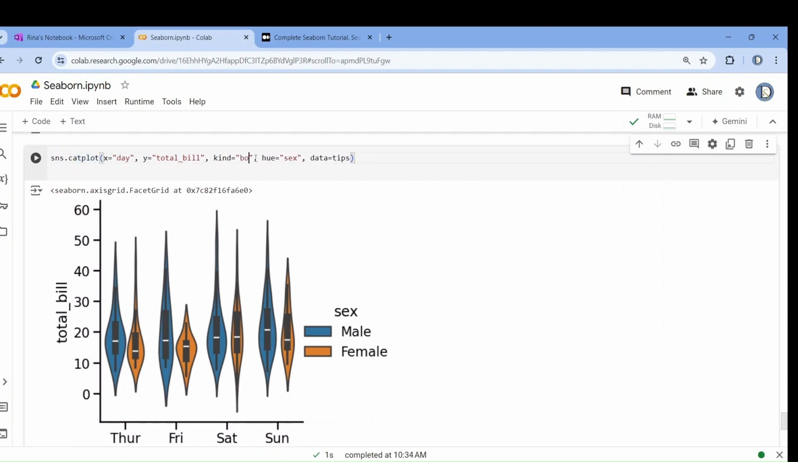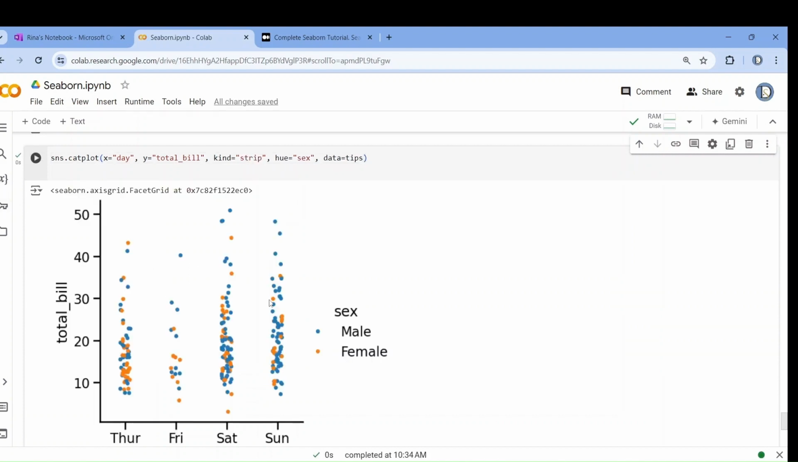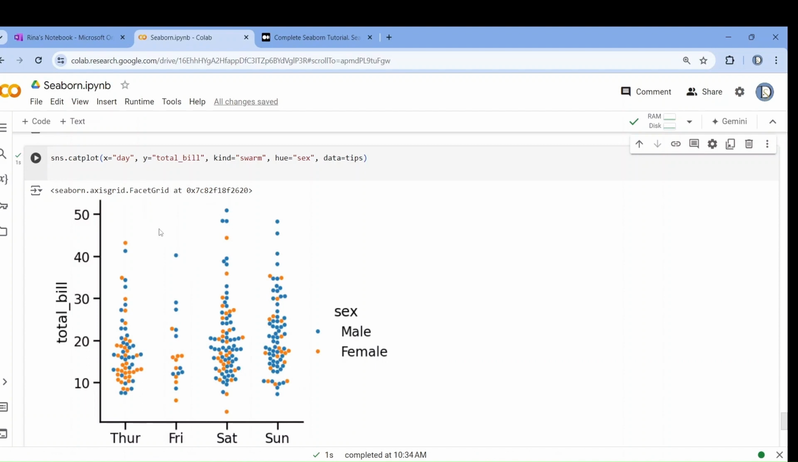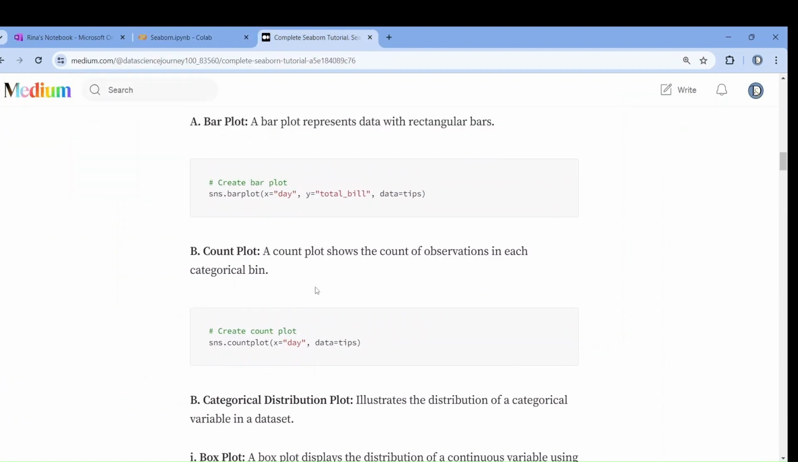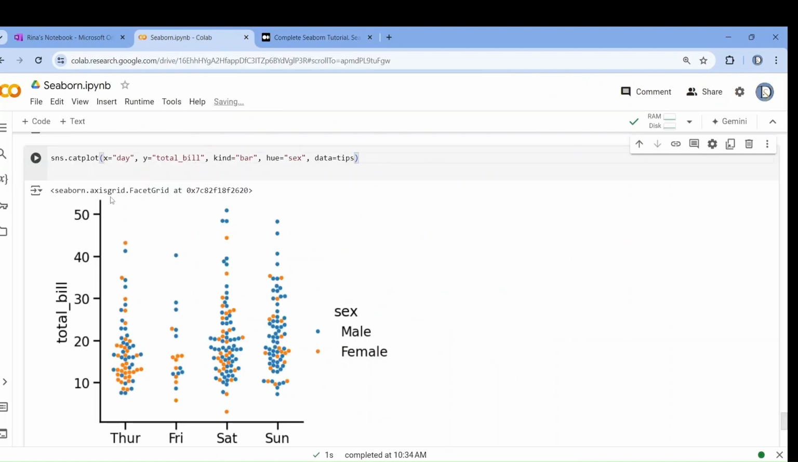Here if you just change it to box, then what will happen? It will be a box plot. If you just change it to strip, see? If you just change it to swarm, clear? So a single line catplot. Here you have to just write kind equals to in which you want to get it. Okay. Box plot, violin plot, swarm plot, strip plot, and what are the other two? Bar plot, count plot. Let me show you these also. Bar,